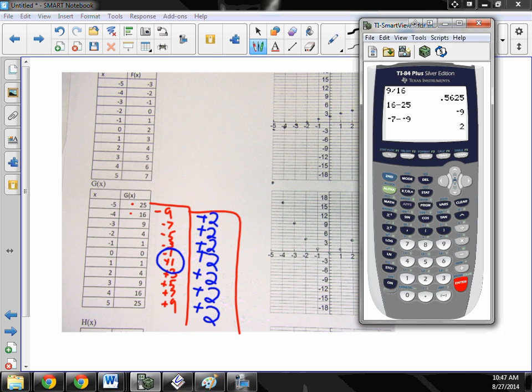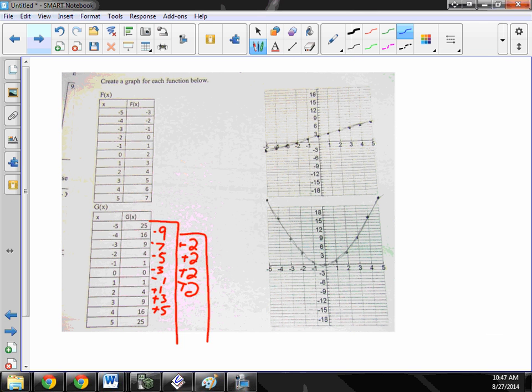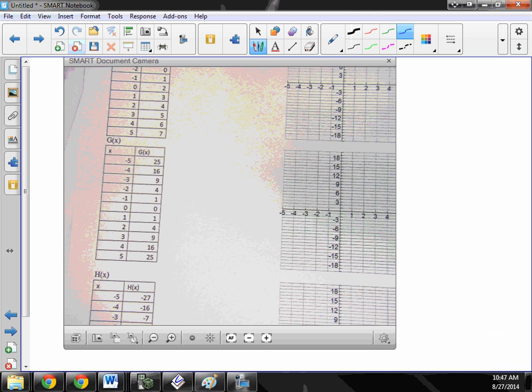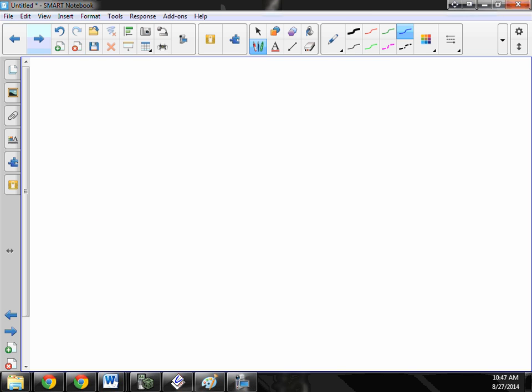I think I actually have the next one on here somewhere. Nope. Can I steal your paper again? Thanks. So if you look at the third graph,